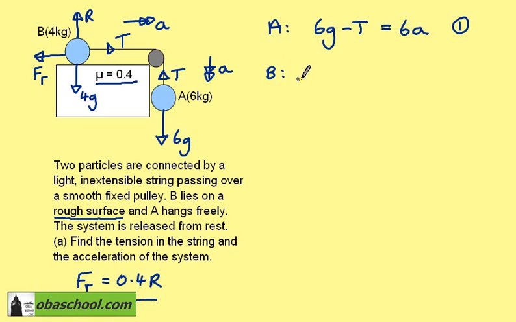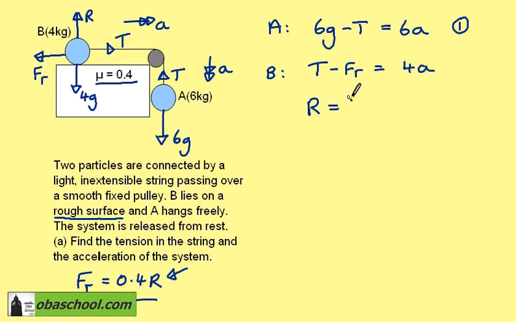For object B, the resultant force is T take away the friction, and this must be equal to its mass times the acceleration. We know the friction is 0.4R,